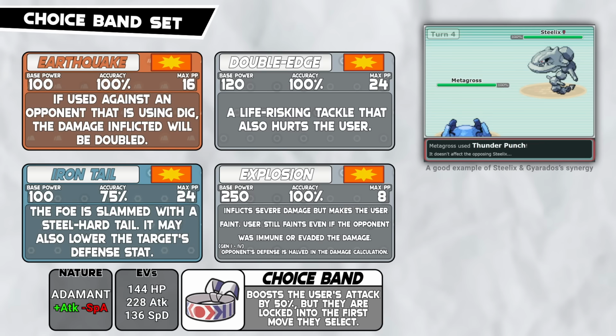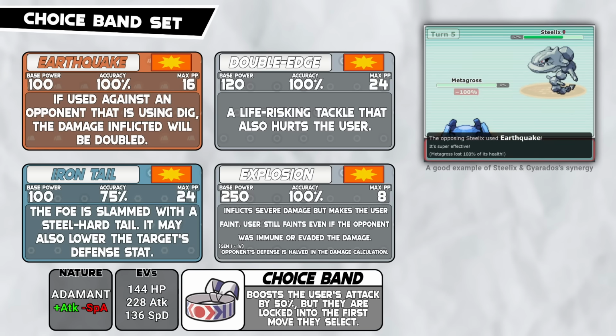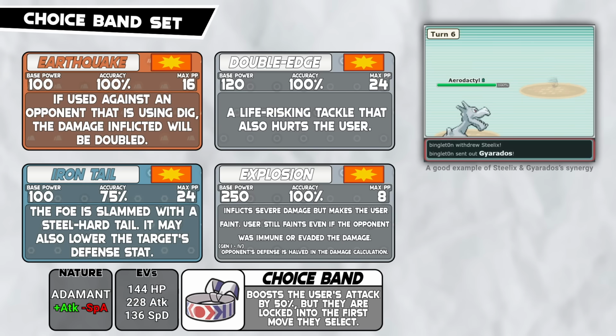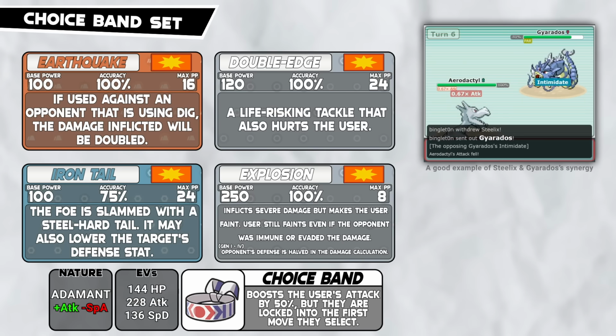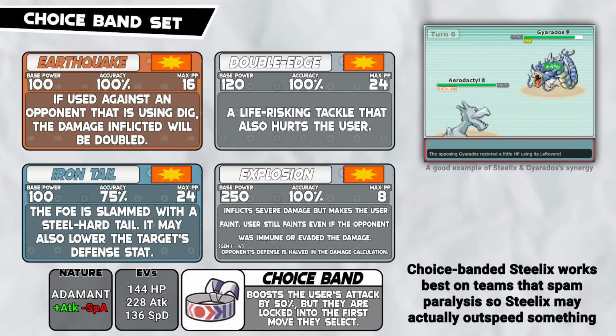Since Steelix won't be holding Leftovers on this set, it isn't able to heal up at all, so it appreciates having a Wish support Pokemon. And it can have a much easier time punching holes in the enemy's team if spikes are up and you spread some paralysis. Personally, I play a lot of Gen 3 OU, and I like running a Choice Band Steelix